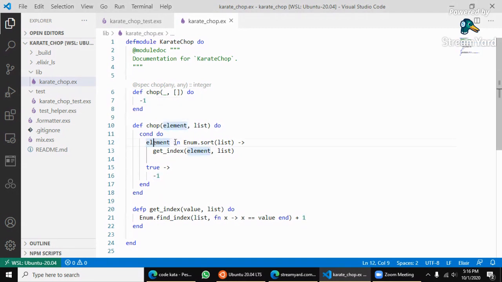If the element is in the list, and I'm sorting the list here, get the index of that element in that list. If the element is not in the list, when the list is not empty, we return -1. And if the element is in the list,